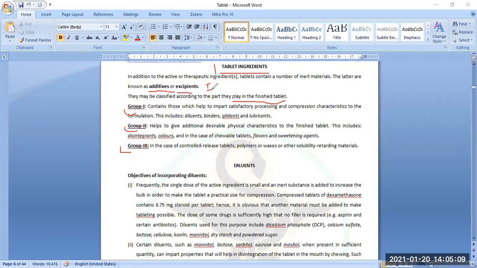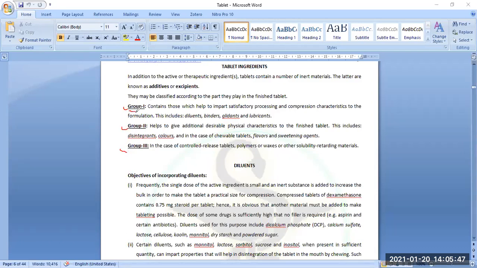These are the IIG, and there is also one guideline for the IIG as per the US FDA: the Inactive Ingredients Guideline. In this guideline you have to identify how much amount of an ingredient you can use. There is a limit given for every inactive ingredient for a tablet, capsule, suspension, or any pharmaceutical formulation. So we can classify these ingredients into three groups: group one, two, three.